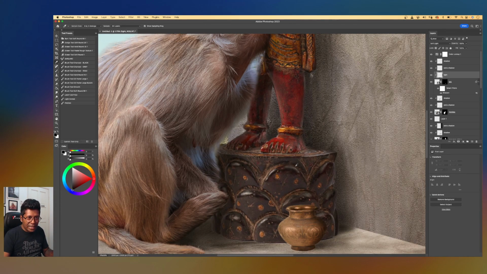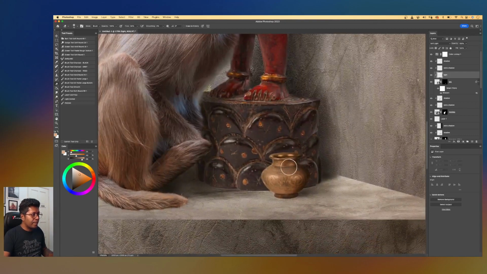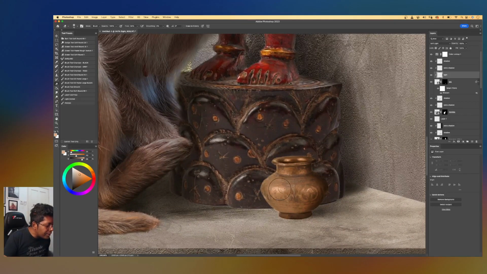Can you notice? There's a color picker. I'm going to go to the color picker here, and I'm going to look for the brightest area. There you go. That's perfect. Because I noticed there's some brighter area over here, change to soft light. You already color picked the right one, and I want you to just